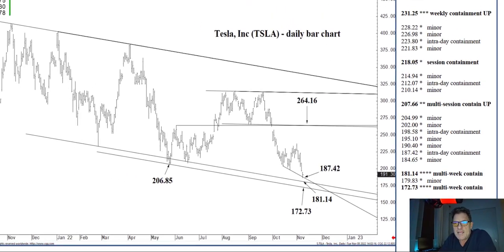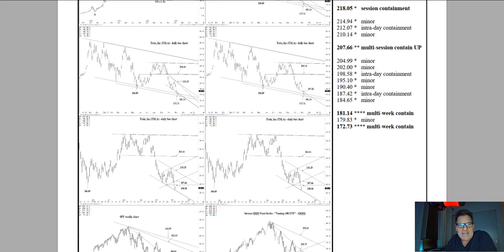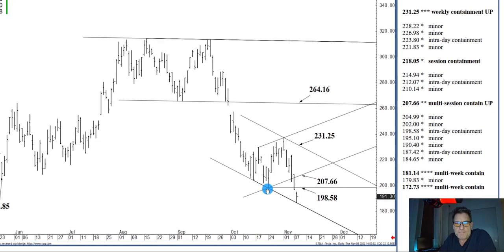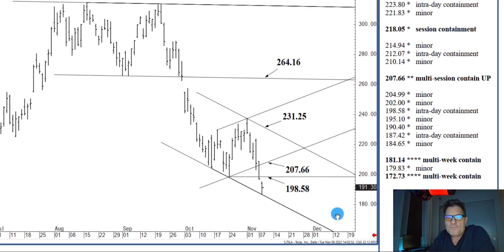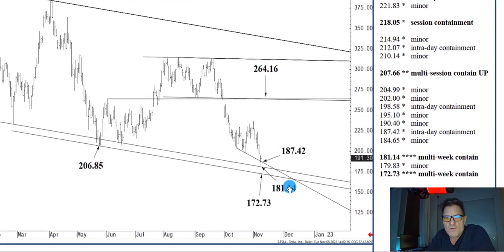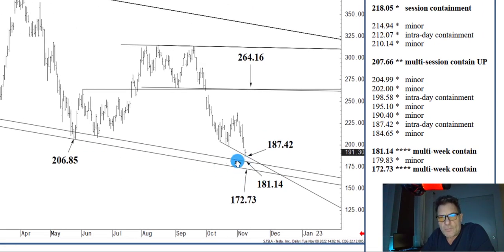187.42 able to contain intraday weakness, and 198.58. Where are you? Here we are. 198.58 is that spike low from the middle of October, and that is our intraday resistance. So we could trade inside the 187.42 to 198.58 region for a good part of the day. This market, though, still remains heavy, and if we break 187.42 today, then the targeted 181.14 to 172.73 region,